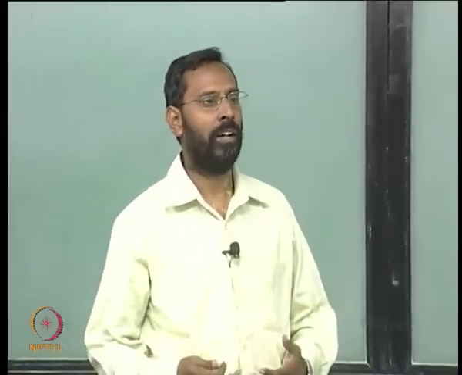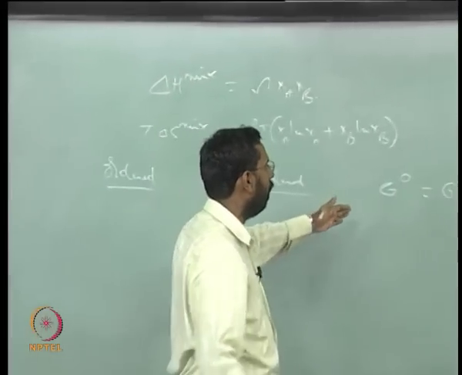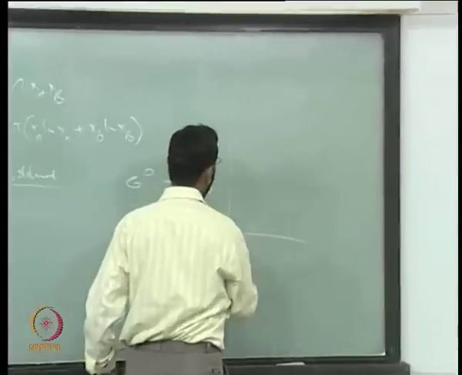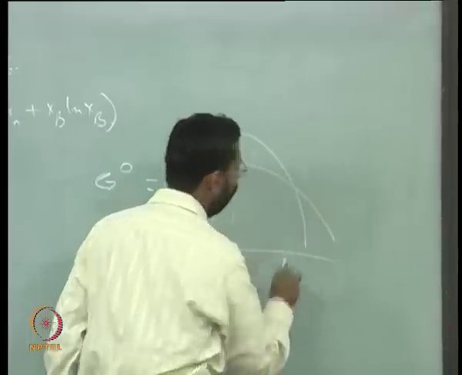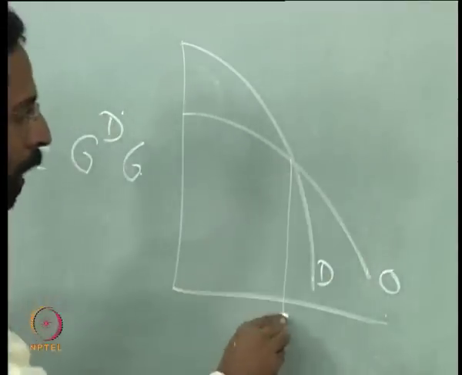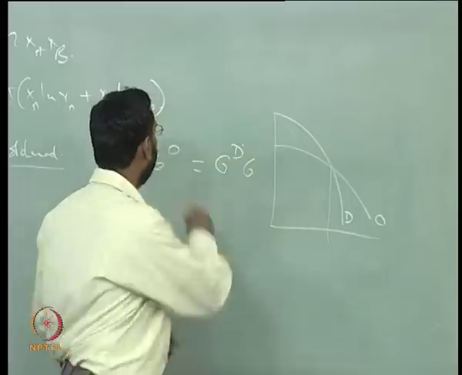That is the temperature at which you will see one of the phases starts becoming more stable with respect to the other phase. For example, if I simply plot G of the ordered and disordered, the ordered phase will be something like this, the disordered phase will be something like this, and we are looking at this temperature. So, at that temperature this is the equation.